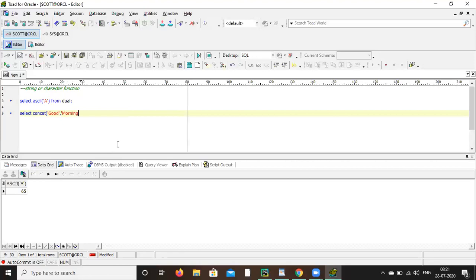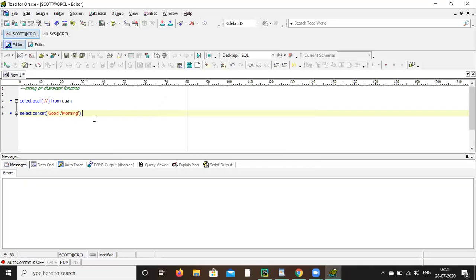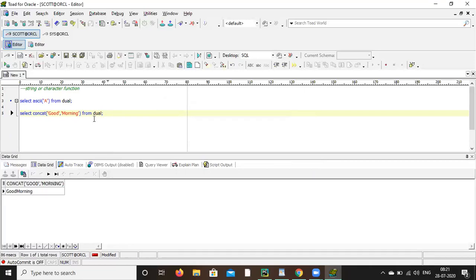So concat is a string or character function. So why are we taking dual? Because we are not using any table, just doing some rough work in our dummy table.